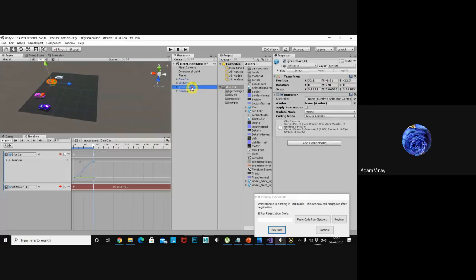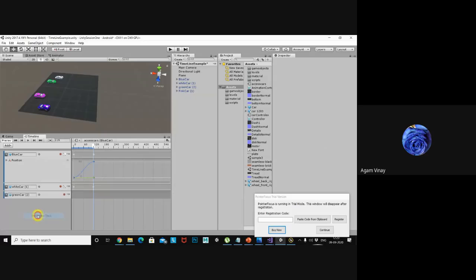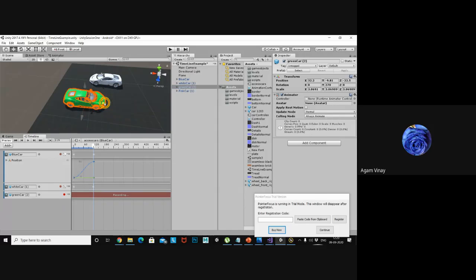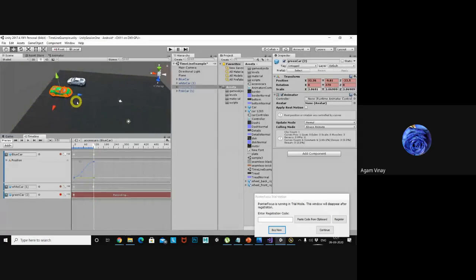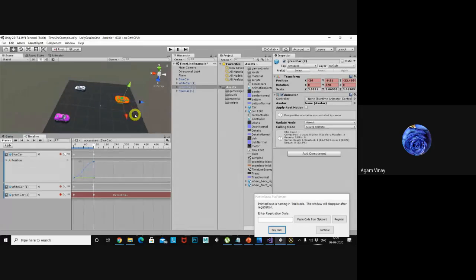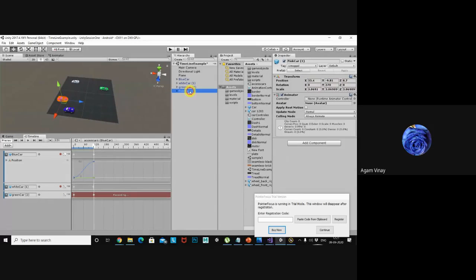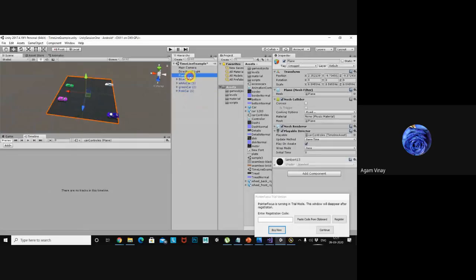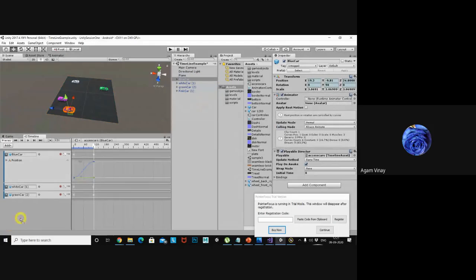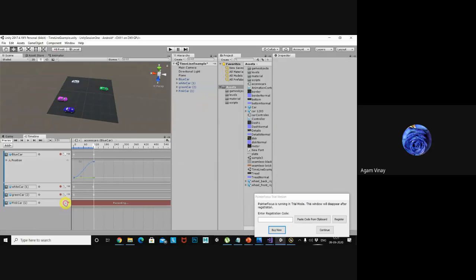Same like the other cars. The green car I want to select, drag here, take the animation track, record it. Green color car you need to select, and from this point I want some movement for the green car, this one. Okay, as same as the pink car. So I switch off the green color car recording, and I am dragging and dropping here, taking the animation track and recording for the pink color car.